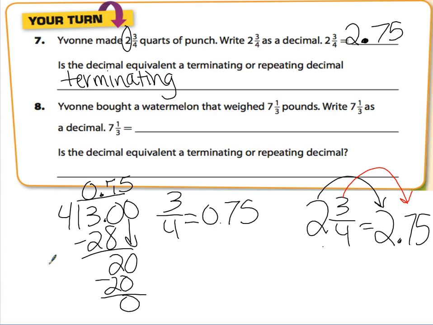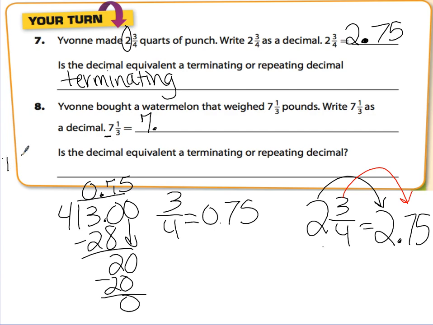Okay, and then now what I'd like you to do is try number 8 on your own and then come back and check your answer. All right, what you should have found is that you would have 7 in the front because that's your whole number. So that's always going to go in front of your decimal. And then if you take